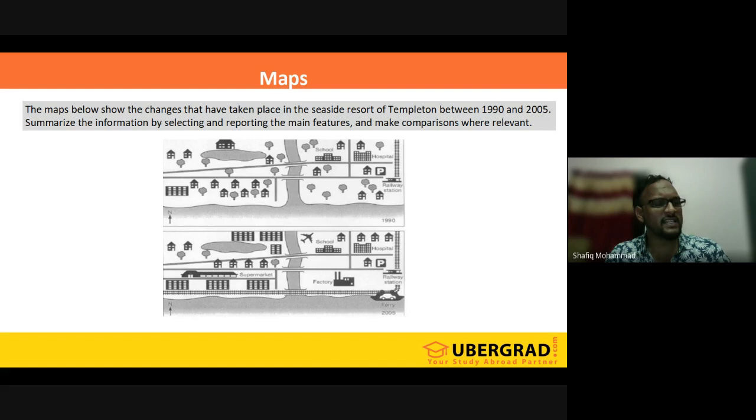Okay, overall, we can see a major improvement. You can also say that. That is observed on the southwest side of the map in 2005. You can say that. Shubham has given: overall the supermarket and the apartments are